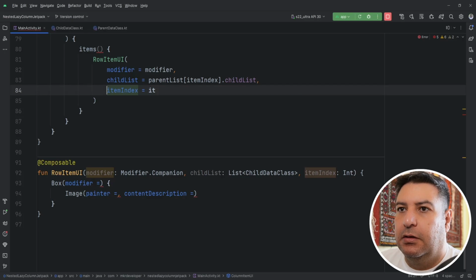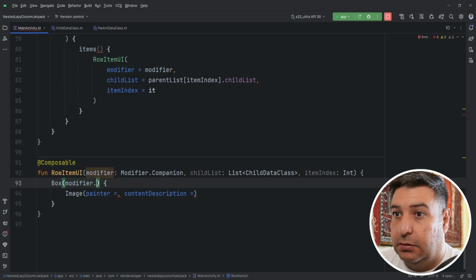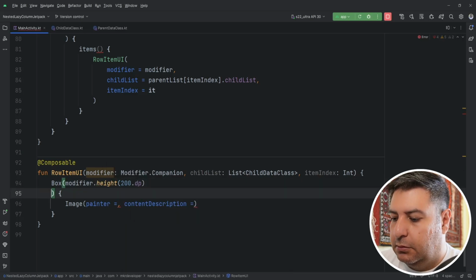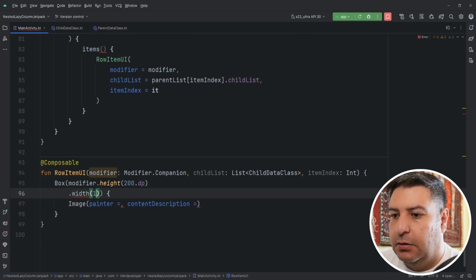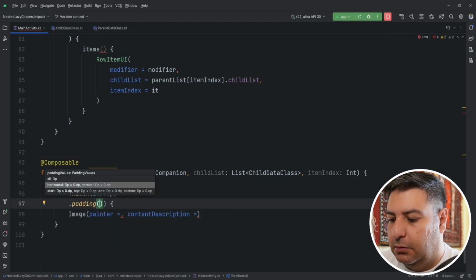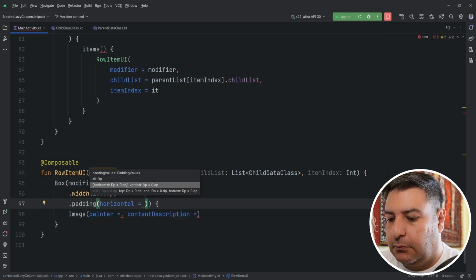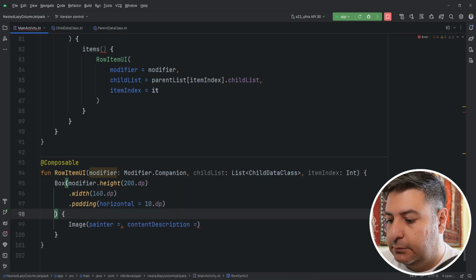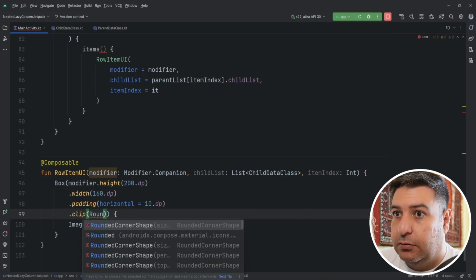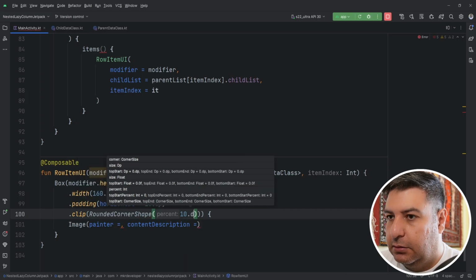Okay, we have all of them here. And finally, for the box, the modifier dot padding, height 200 dp, dot width 160 dp, padding, horizontal 10 dp, and clip rounded corner shape 10 dp,